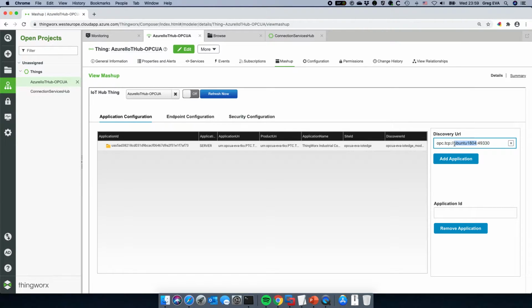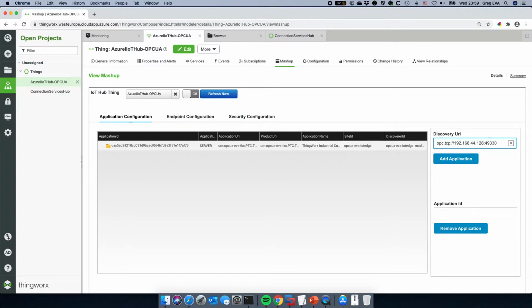However, what I noticed is that it's not resolving appropriately. It's actually resolving to a loopback address, 127.0.1.1. And I don't really know why this isn't working with the IoT Edge, because it is working to connect to that endpoint using the Process UA client. But in any case, because it's not working, I'm just going to put in the IP address here,